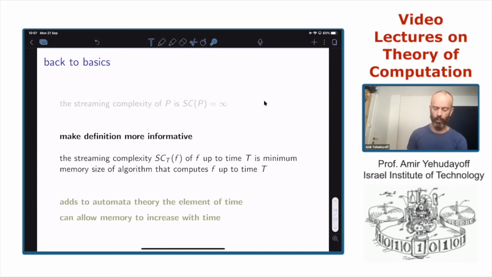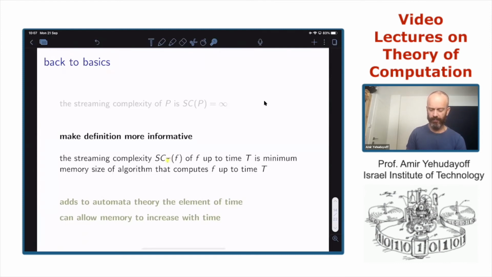So the way we are going to fix the definition is, instead of being interested in what happens for all times up to infinity, we are going to be interested in some finite time.